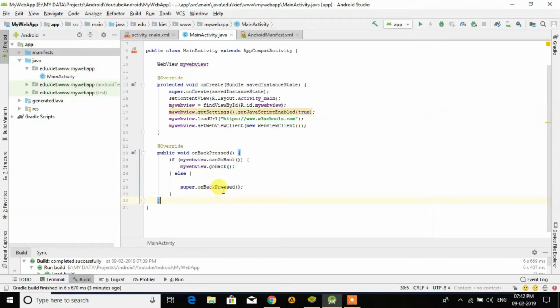See, so if it can go back, then go back in the app, otherwise close the application on going back. It means when I press the back button on my mobile, if I am surfing a website, it will behave like the back button on a website, meaning we just go back on the website. So we can go back inside a website. But if it is the home page, then it will close the application. You see, right now,